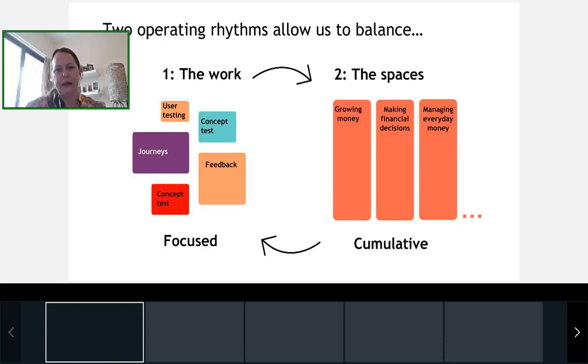So yes, the sense making is still up to us, using all of the typical approaches that you'd be familiar with. Our two operating rhythms that I mentioned earlier: we'll always focus on the work, the project, the task itself first. Whether that was a user testing, feedback post a product launch, or understanding end-to-end journeys, whatever it might be, tackle that in its own right, and as a group put together our understanding, generate our findings and our insights and report out on that. But we have a rhythm that we frequently take all of that and bring it over to what we call our key 6 problem spaces.